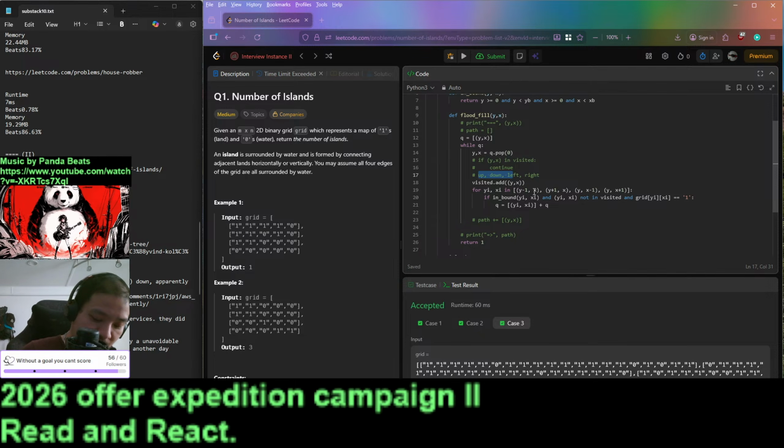So if you have a position, you have up, down, left, right, then your queue is gonna have, previously you just add them to the end, so you will have up, down, left, right. But with this order, you will have,